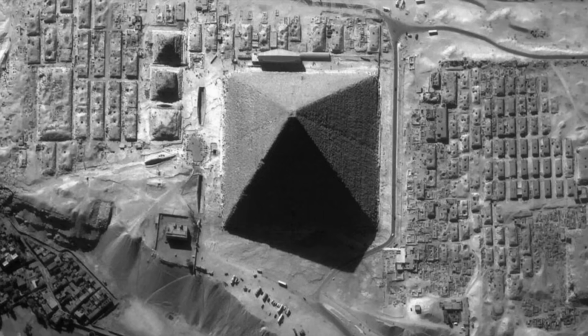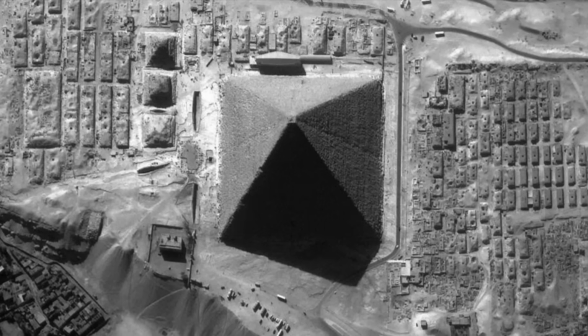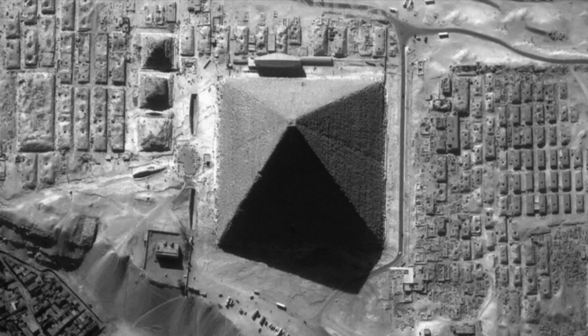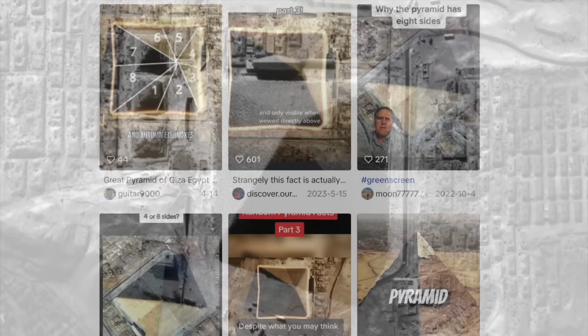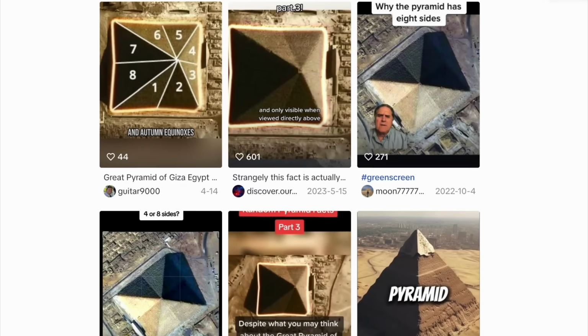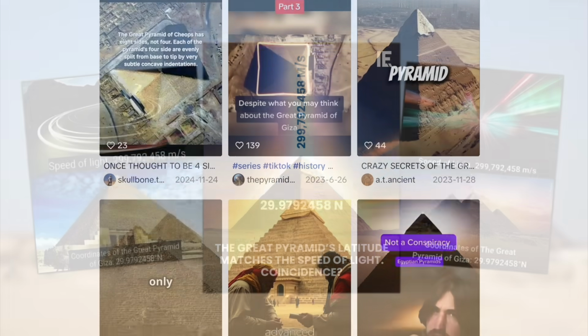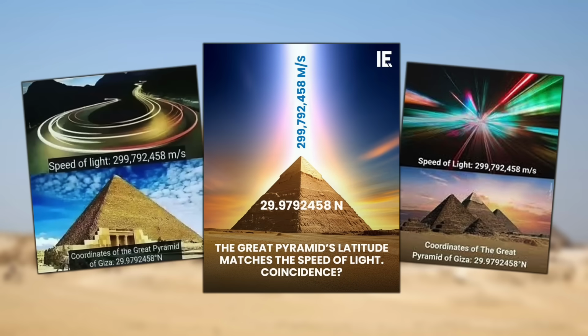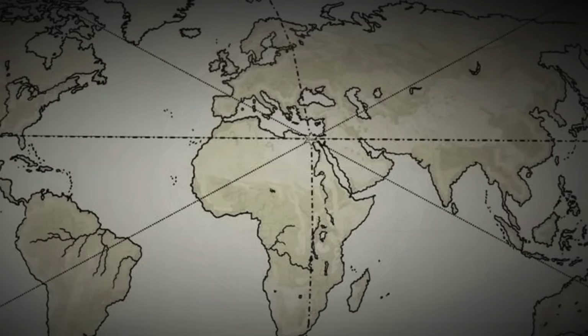When you first get into ancient history and ancient mysteries, one of the first things you come across on the internet is how the Great Pyramid of Egypt is 8-sided and not 4. You scroll down TikTok and YouTube Shorts and there are dozens of videos on the subject, and it's usually combined with claims like the speed of light is encoded into the pyramid, how it's a scale model of half the Earth, and how it's at the centre of the landmass of the Earth, which, by the way, is actually in